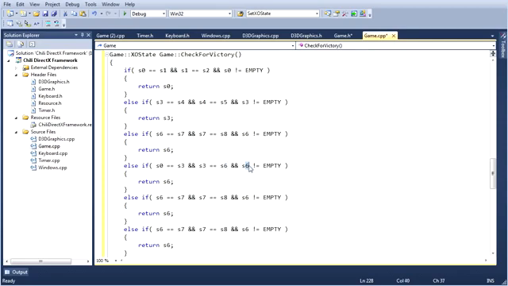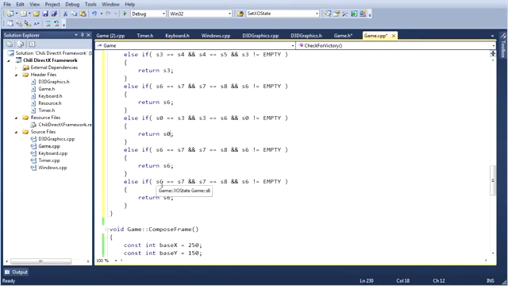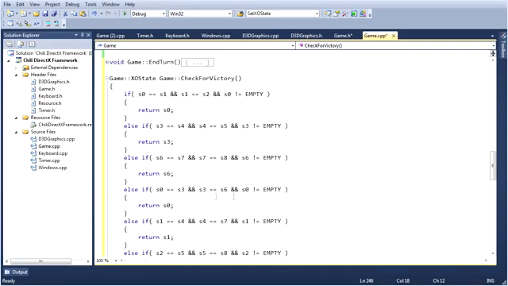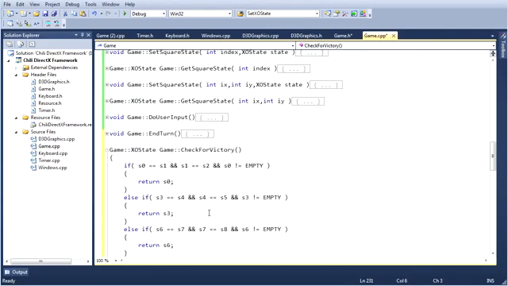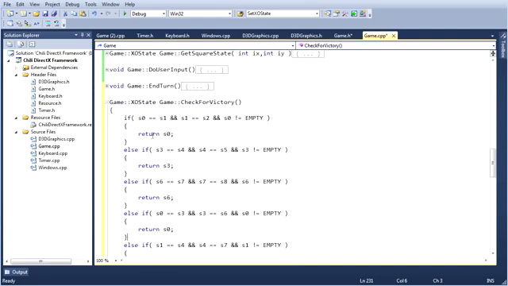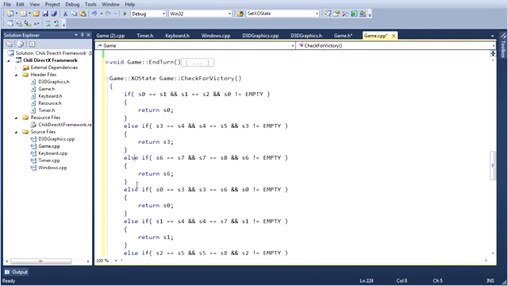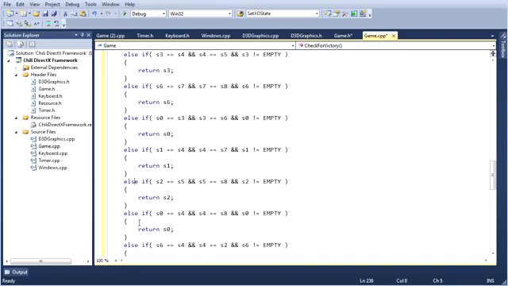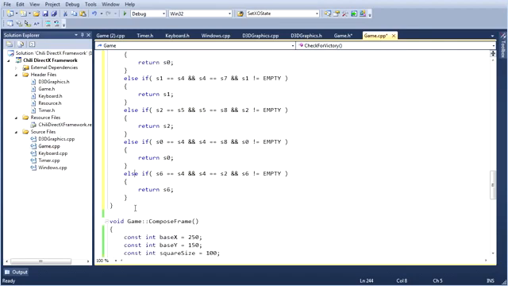And as long as 0 isn't empty, return 0. And you get the picture. So I will see you when I'm finished all this crap. Alright. So here, I think I have all of them now. 1, 2, 3, 4, 5, 6, 7, 8. Right, 8 cases. And the final default case,